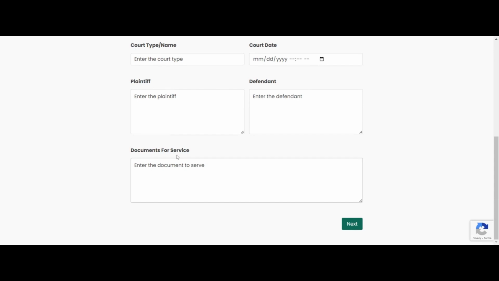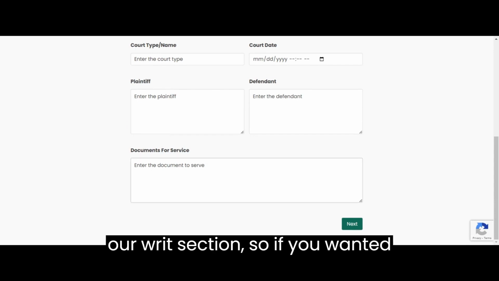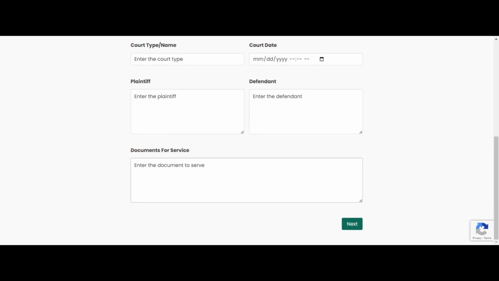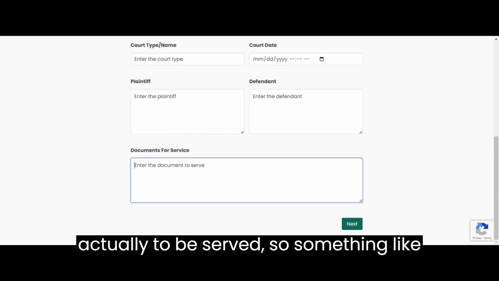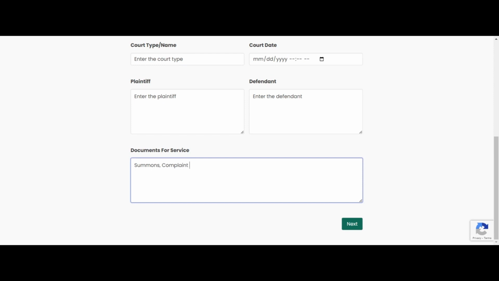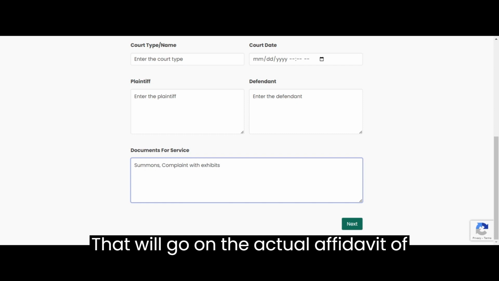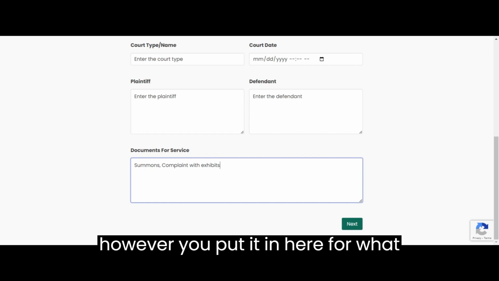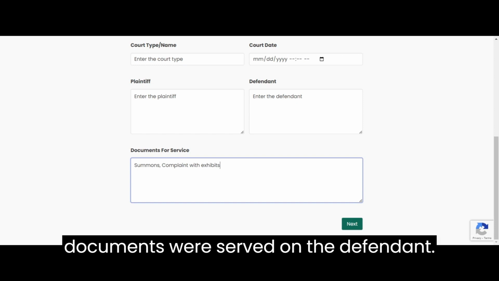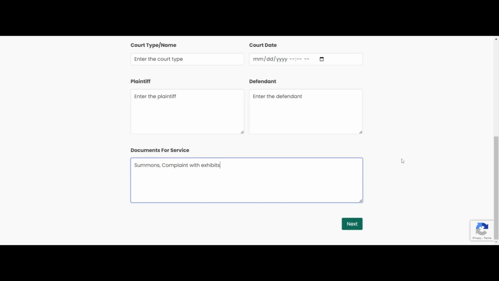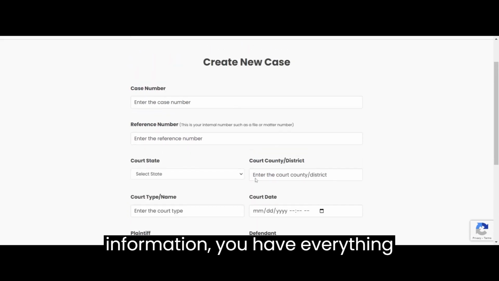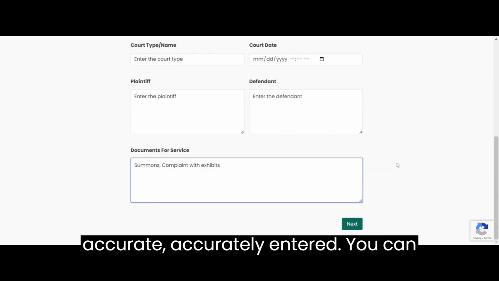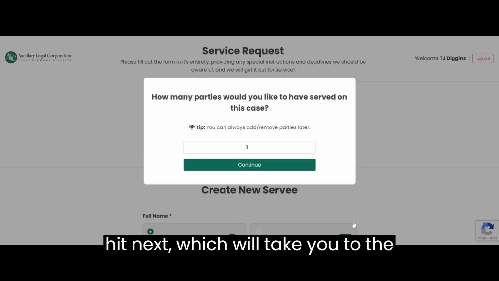One thing to note here, documents for service, this is actually our Writ section. So if you wanted to list out the documents that are actually to be served, so something like this, that will go on the actual affidavit of service. So that'll reflect exactly however you put it in here for what documents were served on the defendants. So once you're happy with that information, you have everything accurately entered, you can hit next, which will take you